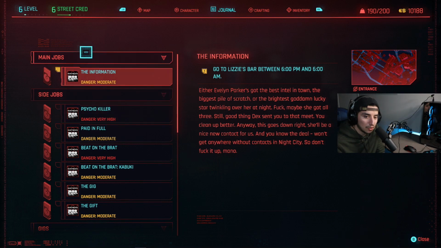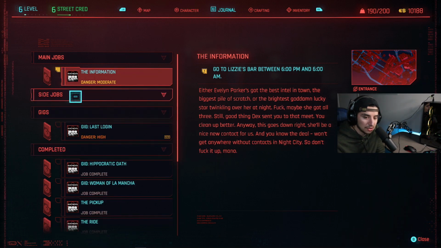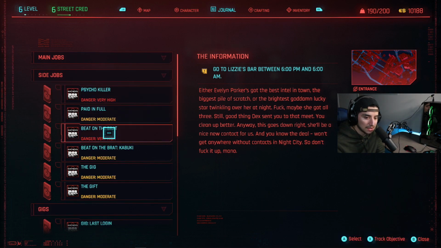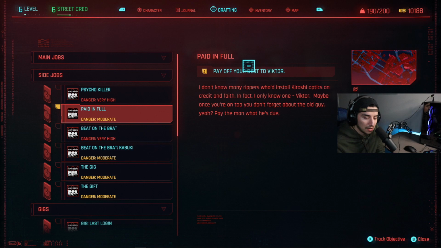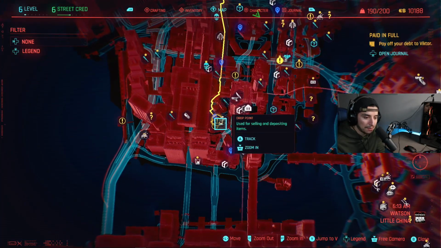But let's say the main job is the main story, right? The main thing you're going to progress and learn about your character and whichever faction you chose to. It's Corpo, Street Kid, all that good stuff, Nomad. But here, the side jobs, we can open, close the windows, make it very organized. So if I just want to do side jobs, and let's say I want to do this one, I can read on to what this is. Victor, blah, blah, blah. I can track the job. So now my map is going to track that job. So let me go back to the map. Now I'm going to go to that particular